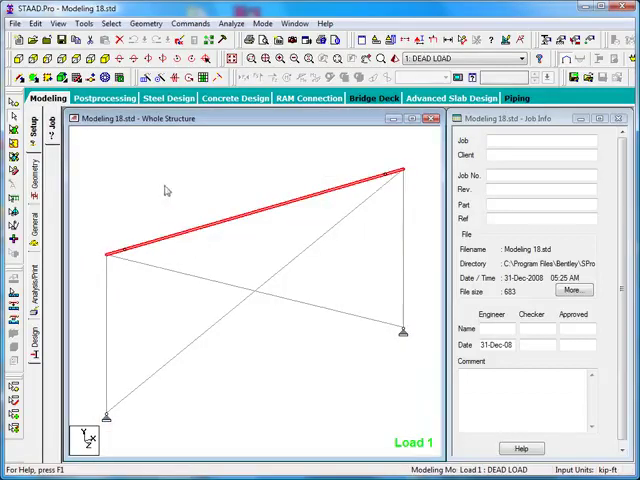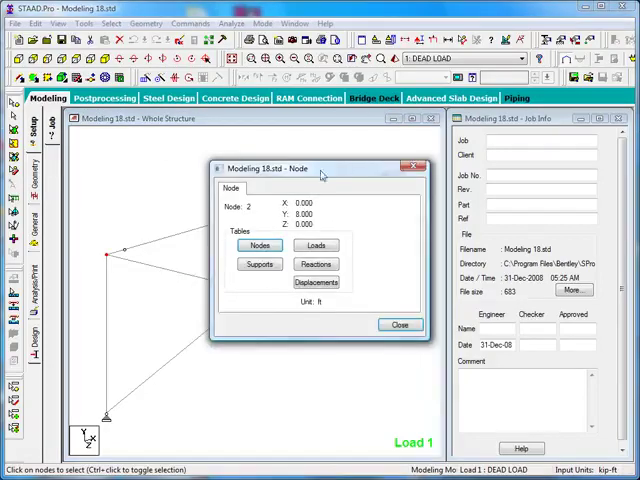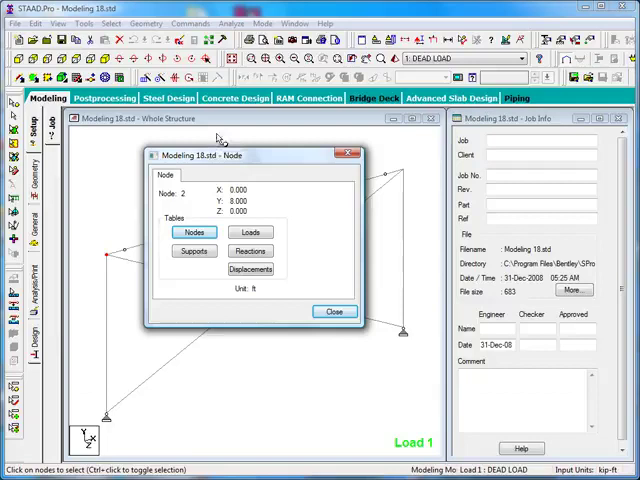I'll close the member query and choose the nodes cursor and show that if I double click on any node, there's also a corresponding node query dialog box. The node query is set up a little bit differently. It indicates the node number and the coordinates of that node, and then it provides links to tables that pertain to that node, things like the nodes table for the entire structure, the supports table that describes the boundary conditions of supported nodes in the model, and then tables that describe loads and some output information, reactions, and displacements. I'll close the node query dialog,